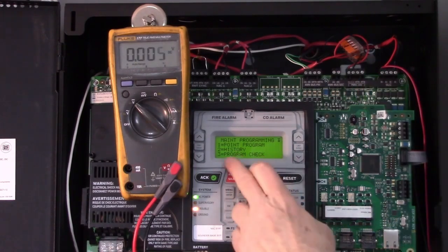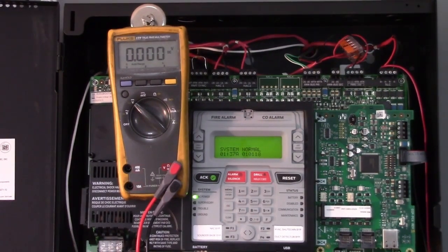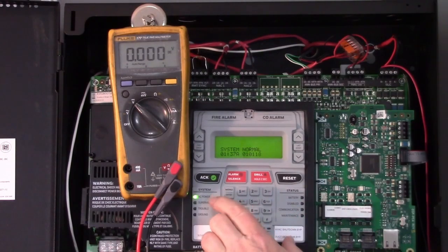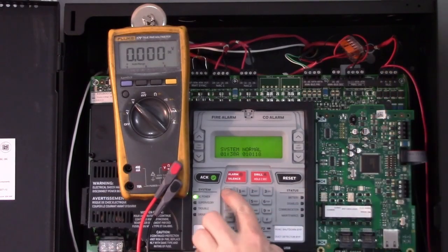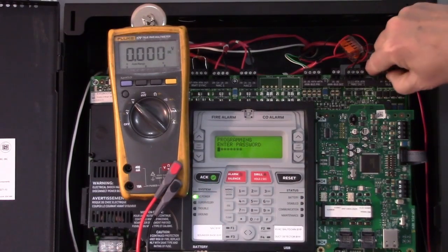I had left this in programming mode so that it wouldn't constantly be beeping while we were taking things apart. So now we went back to system normal. What you can do, I just want to show you something here so that it doesn't show all the troubles on the devices when we unplug this. I'm just going to go into programming mode, leave it on the enter password is fine. If we unplug this,